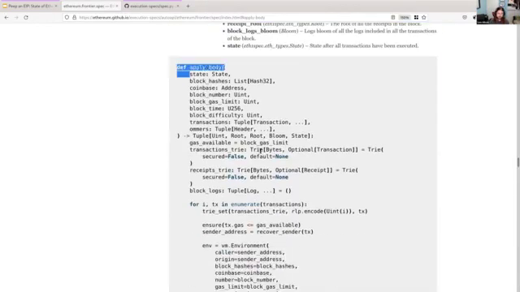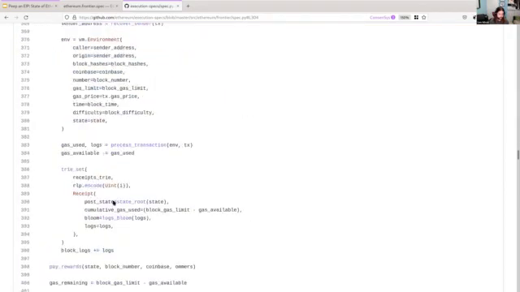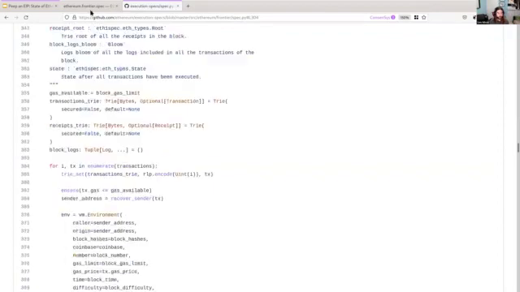So all of this code, or all of this HTML, is actually rendered from the actual Python spec. It's just copied pretty much word for word out of here and into the HTML.